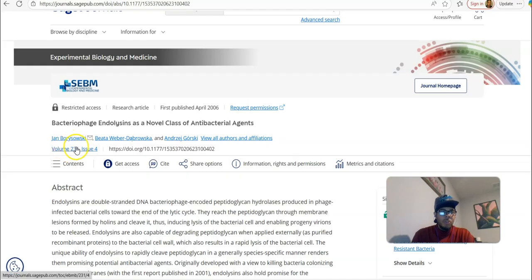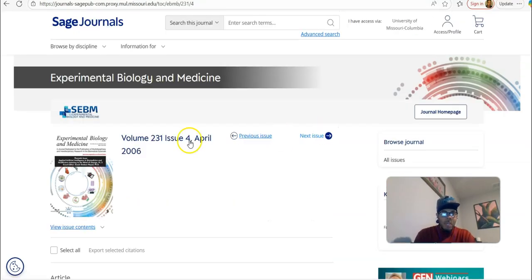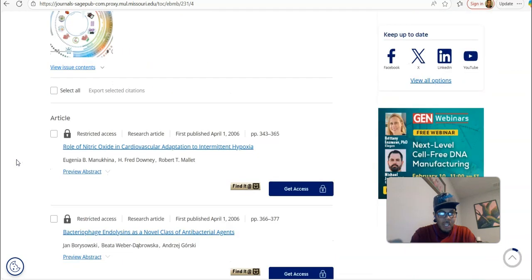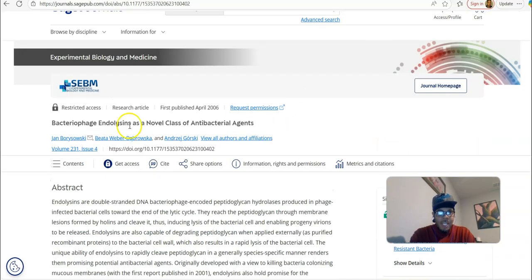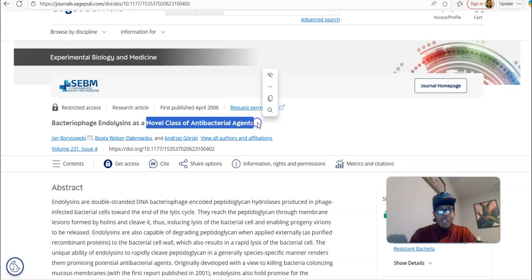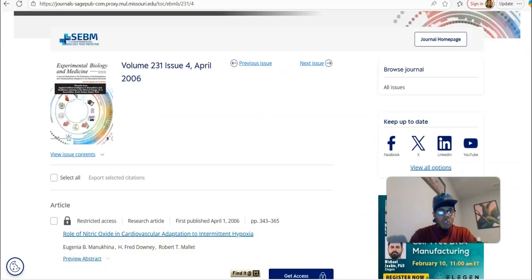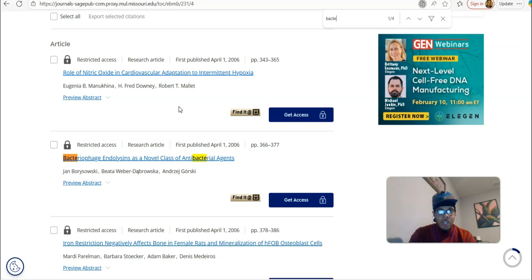We do know that it's volume 231, issue 4, so even if we don't have those page numbers, which I wanted, we don't necessarily need them, because we can find the article just by doing a Control F. If I want bacteriophage, remember, as a novel class of antibacterial agents, I can hit Control F and just get to it that way. So bacteriophage, and it is actually our second one there,